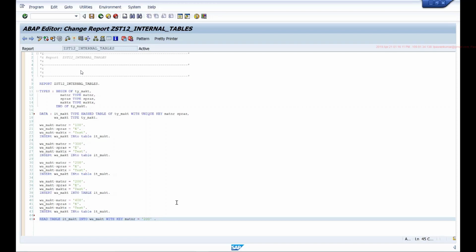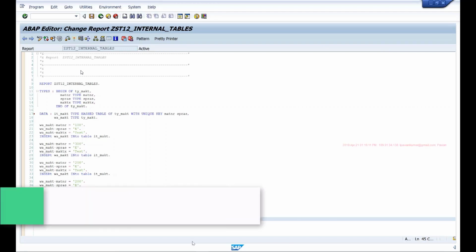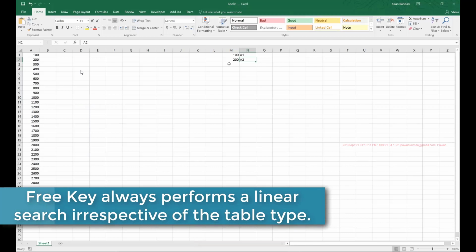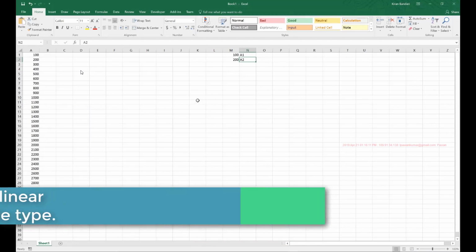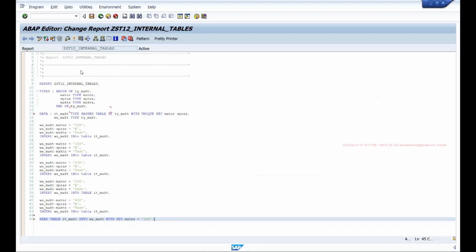It will perform a linear search if it is a standard table, sorted table, or hash table. The things that we discussed about linear search, binary search, and hash algorithm are applicable only when you are using the table key. If I'm using a free key, it really doesn't matter what type of table it is. It will always perform a linear search.